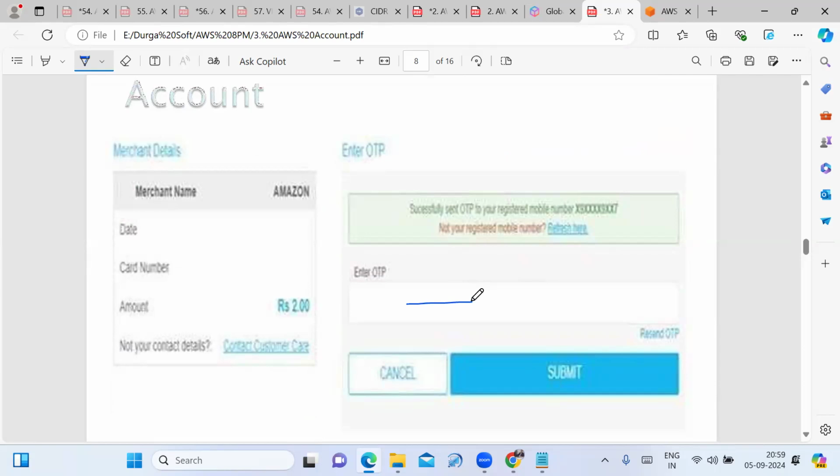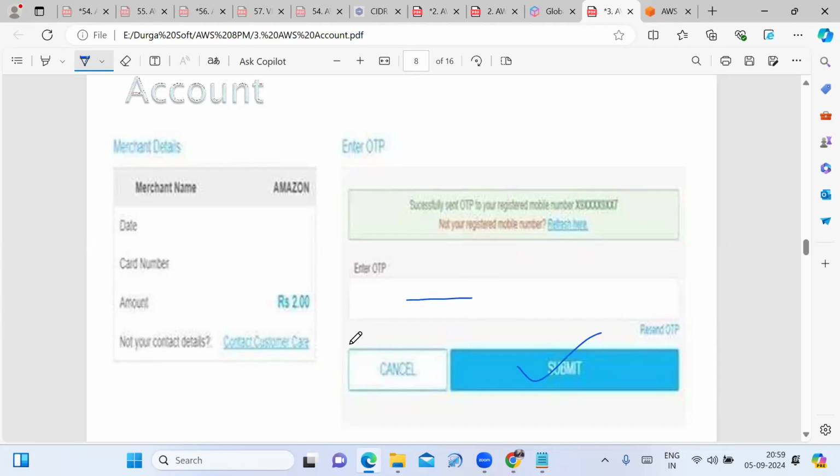Then 2 rupees will be deducted from your bank account. See, that's for verification purposes. Within 24 hours, your 2 rupees will be credited back. That deduction is for verification purposes. Once you enter the OTP, click on the submit option.